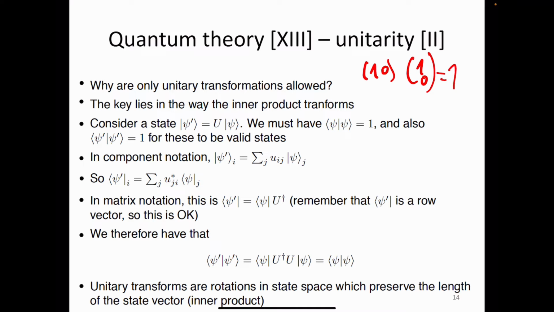So in this one, it sums to give you 1 if you execute the multiplication. And of course this also must be true for the final state, for psi prime. And we therefore have, if we look down here, that the inner product of psi prime is given by the complex conjugate, starting with the bra vector here, and the complex conjugate transpose of your original transformation, then your original transformation applied to the state